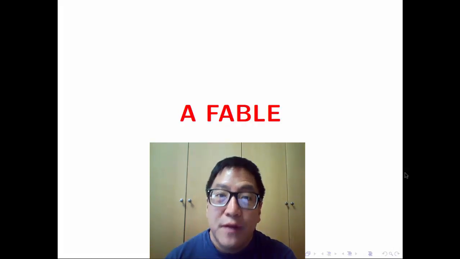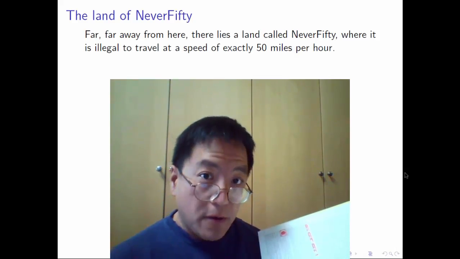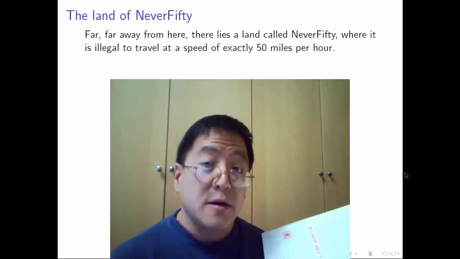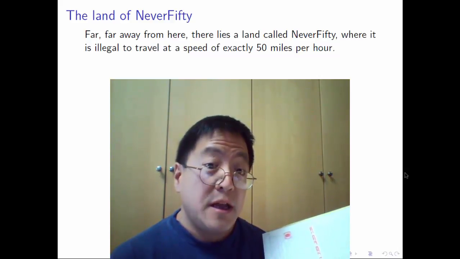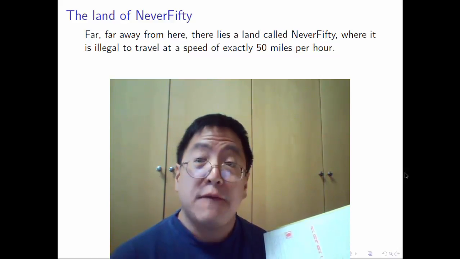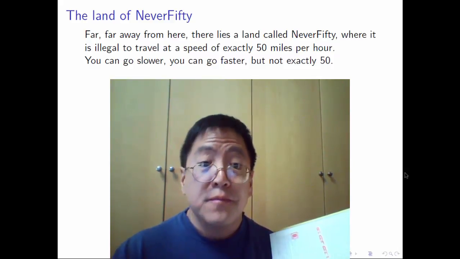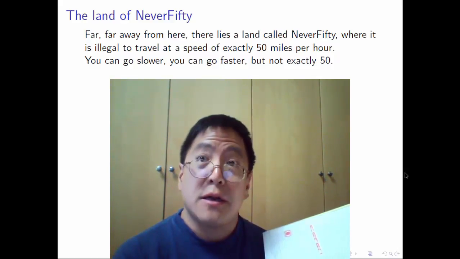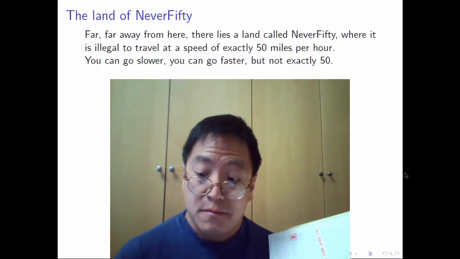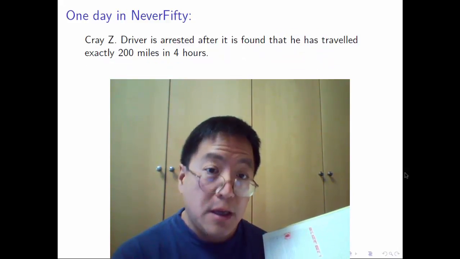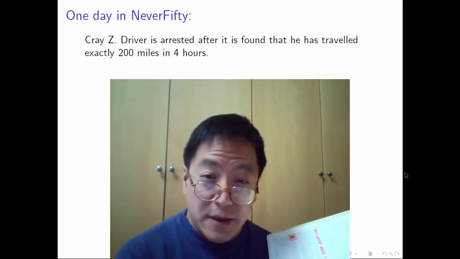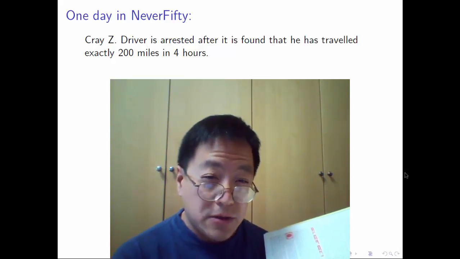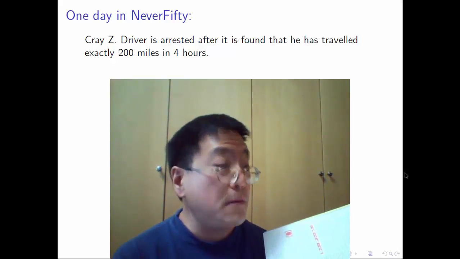So, today we begin with a fable. Far, far away from here, there lies a land called Never 50, where it is illegal to travel at a speed of exactly 50 miles per hour. You can go slower, you can go faster, but not exactly 50. One day in Never 50, Crazy Driver is arrested after it is found that he has traveled exactly 200 miles